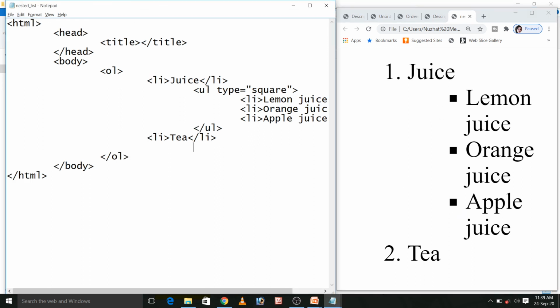Here I will create one more nested list for tea type. Here I will use ordered list. And here I will close ordered list again. Li, and then I will write black tea.